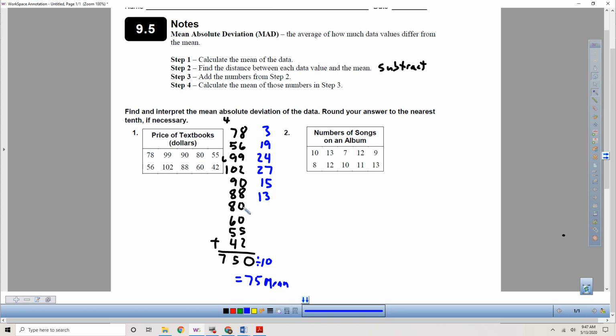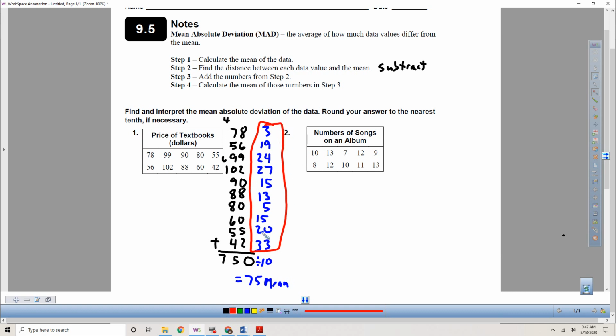Again, all I'm doing is subtracting each of these numbers from our average, 75. 80 is only 5 away. 60 is 15 away. 55 is 20, because 55 plus 20 is 75. Let's see, 42, oh boy, 25 plus 8, that'd be 33. So, once I get each of these numbers, I'm now going to take this and calculate the mean,